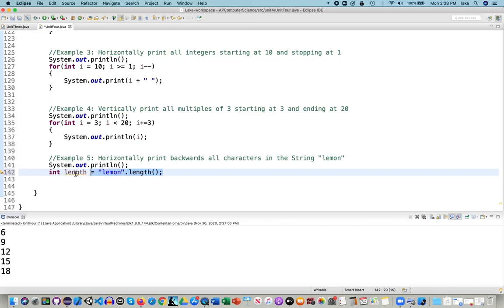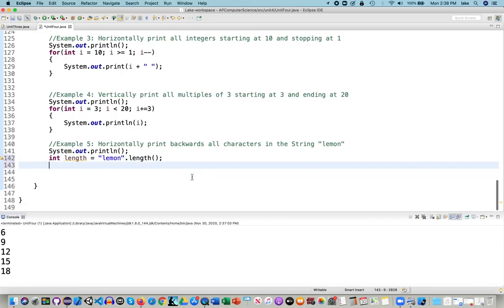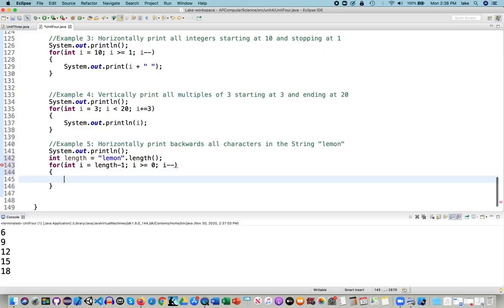So I just found the length of lemon. I stored it. So I am going to start from the back. Int i equal to length minus 1. i must be greater than or equal to 0. i minus minus. Since I'm horizontally printing, I'm going to print